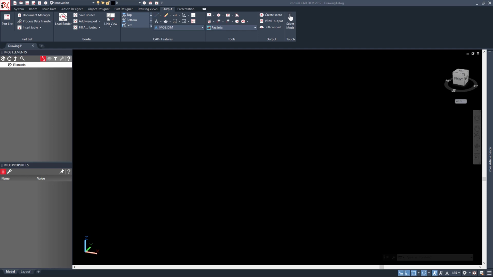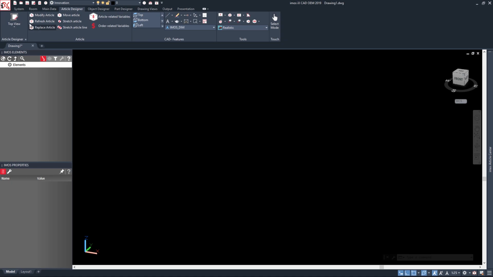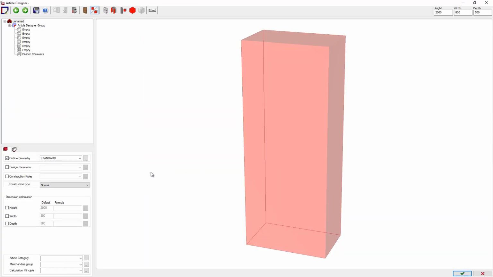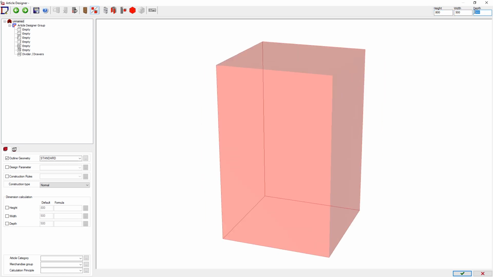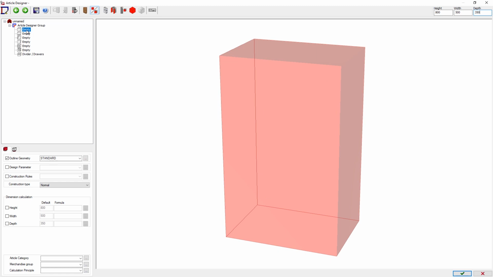Today we are going to use imos CAD/CAM iX 2019, the latest version, to create a retail point-of-sale unit. This is going to be totally bespoke from scratch, and I'm going to talk you through the steps taken to create this. So if I go to Article Designer, I can quickly create my first product by specifying the height, the width and the depth, and then assigning parts